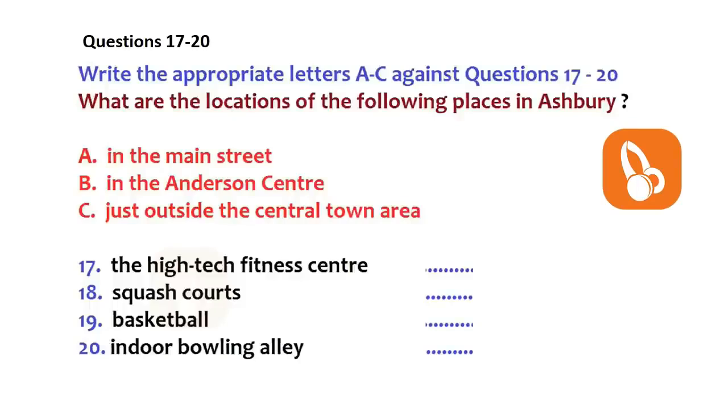Then, in the center of town, there's a sporting complex called the Anderson Center, which contains squash courts and facilities for a number of other indoor sports, such as basketball. And just around the corner from the Anderson Center, in the main street there, is an indoor bowling alley. All of these facilities are listed in the weekly newsletter, so I encourage you all to look through it and...